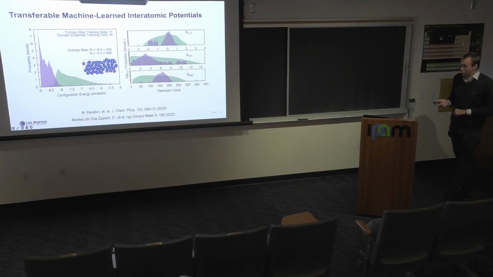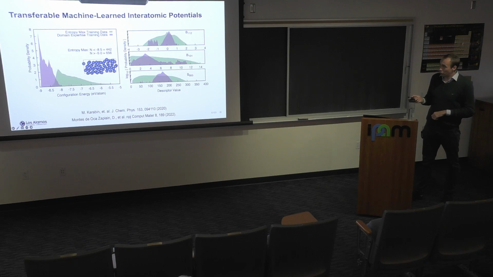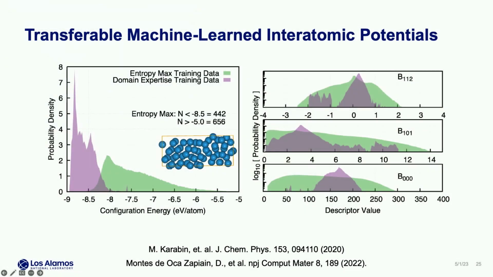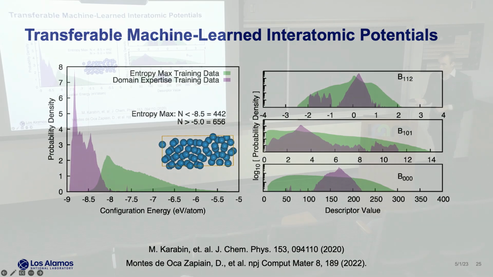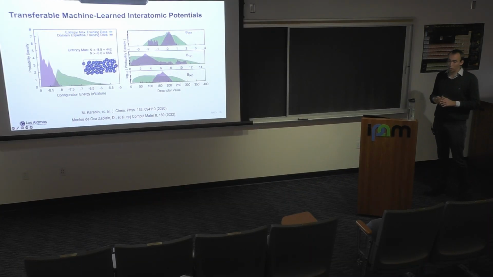So using the entropy method, we achieve a very broad coverage over the descriptor space, just illustrated by 3 descriptors here, in comparison to, like, for example, an expert set, which is illustrated in purple here. And by having this method to really drive the information entropy, what we typically get are rather diverse structures or liquid-like structures. There are some atoms in there which look like the atoms that you see from ground state phases, but because there are commonly roughly 50 atoms in a cell, many other atoms in the cell are rather diverse and really span a whole range of the descriptor space, resulting also in a wide range of spread in terms of our configurational energy per atom.